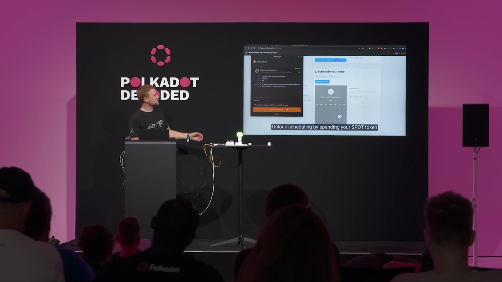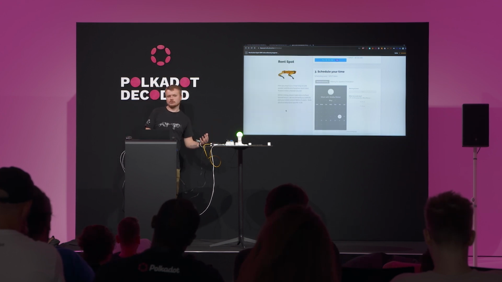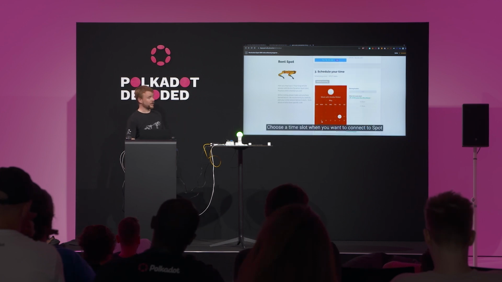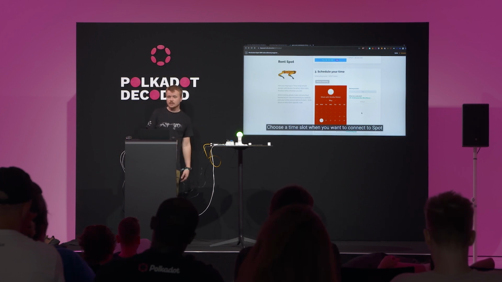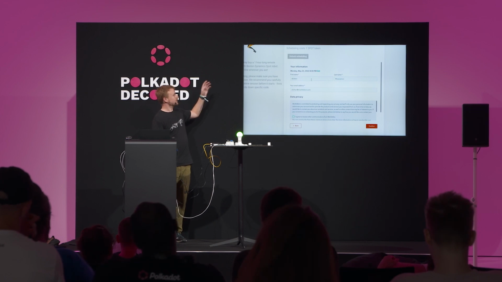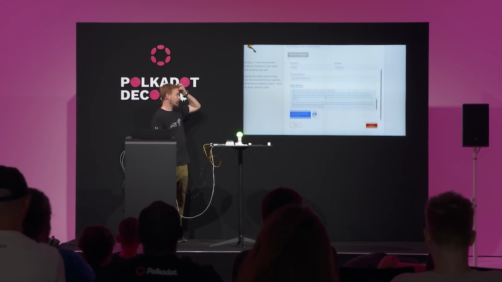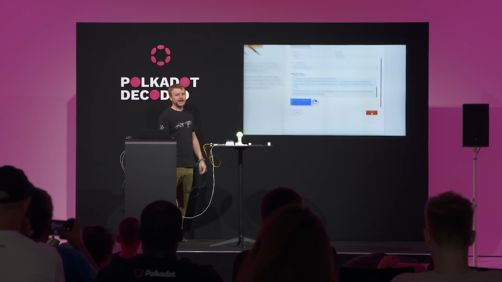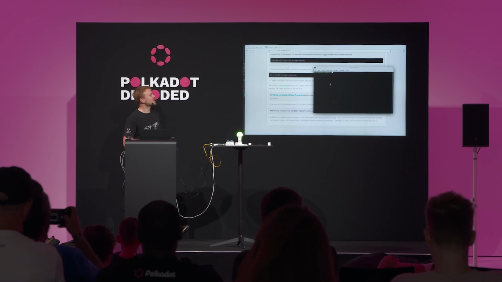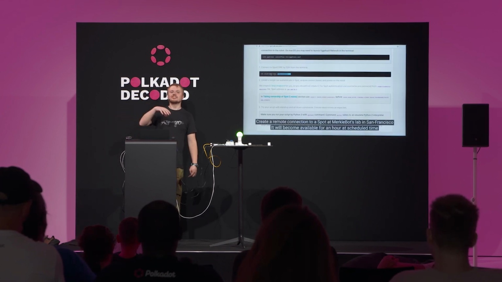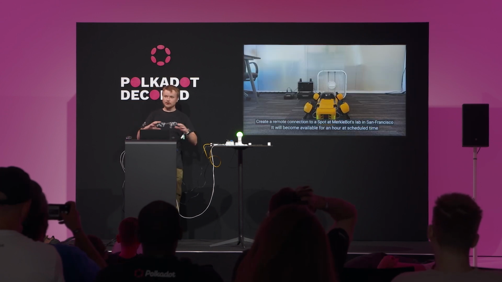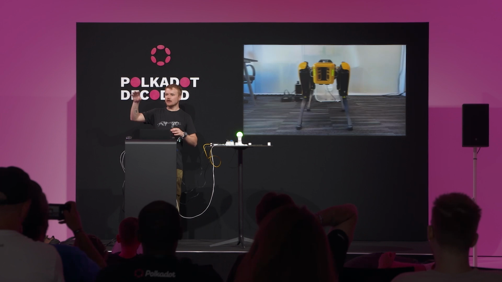So if you are interested in an educational course, we have a real Boston Dynamics Spot in our San Francisco Bay Area lab. You can book your lesson and pay with state-mined tokens on Kusama. And what is the most interesting in this case, after your session, Spot will put our data into blockchain,